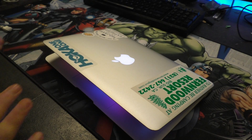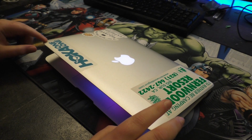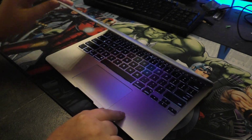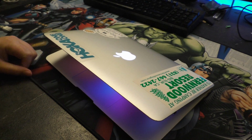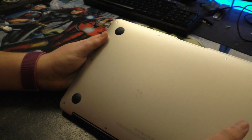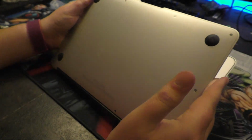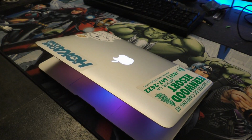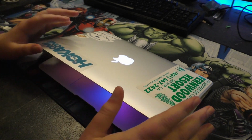And just when you thought everything was going a little too well, this MacBook, short of a few cosmetic blemishes, this thing was in perfect condition. The keyboard had very little miles on it, like there was some shininess to it, but not a whole lot. There's a small dent over on this corner of the lid, and the bottom has a bit of scratching on it, as he said in the video introducing this thing, but I'm gonna take a wild guess that that's there because somebody had an asset tag on this thing, or they had some kind of anti-theft system or something, and they had to scrape it out before they put this up for sale,